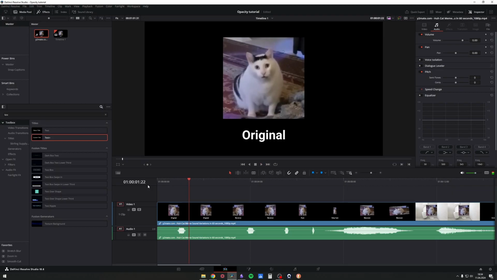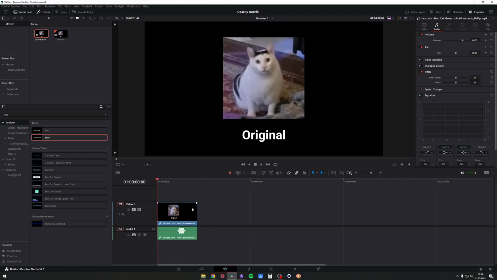So, this is how to create an opacity slider in DaVinci Resolve, because there is none. As the first step, you will need a video, then you would cut it out, and then we go